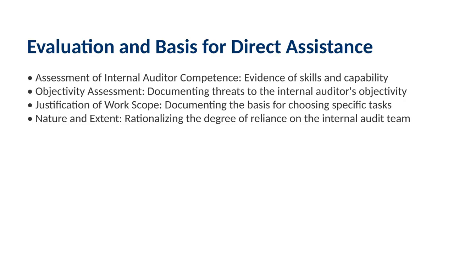If you are facing this in an exam, the core of your answer must focus on what an external auditor needs to document when they take direct assistance from internal auditors. To protect himself, Neon must ensure his audit file contains these 5 specific things. First, he needs a documented evaluation. He must show that he assessed whether the internal auditors were actually competent, and more importantly, whether there were any threats to their objectivity. You can't just trust them, you have to prove you checked them.